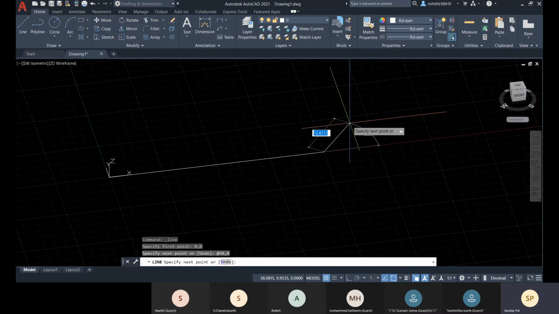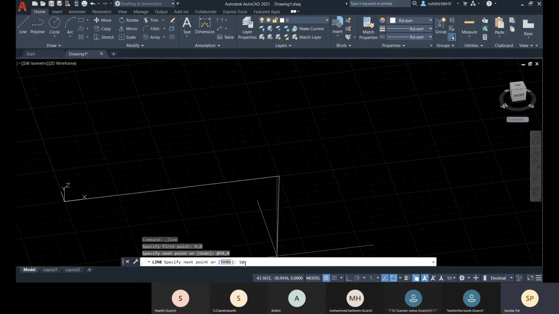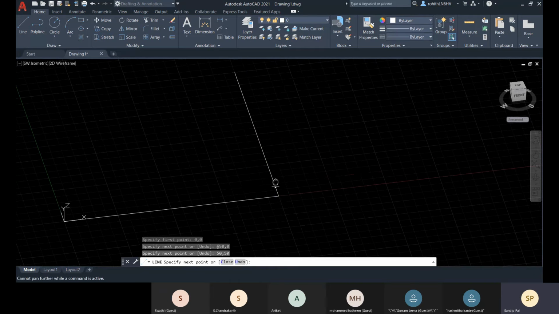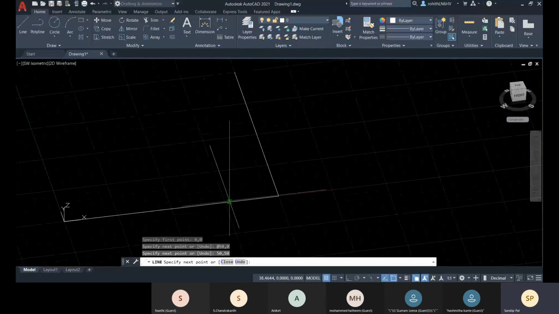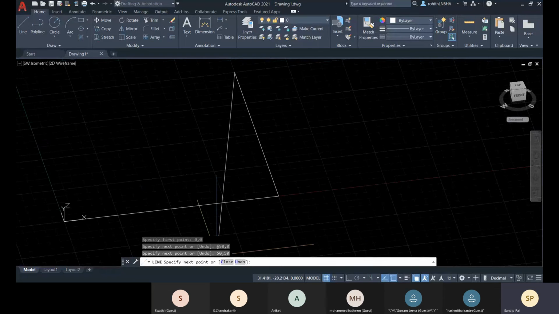Okay, so let me turn this off, and now let me go with the normal Cartesian coordinate, that is 50,50, and press enter. Now you can see that we have drawn this line, so it's working as per the UCS, right? And you can see the value hasn't taken the at the rate prefix.